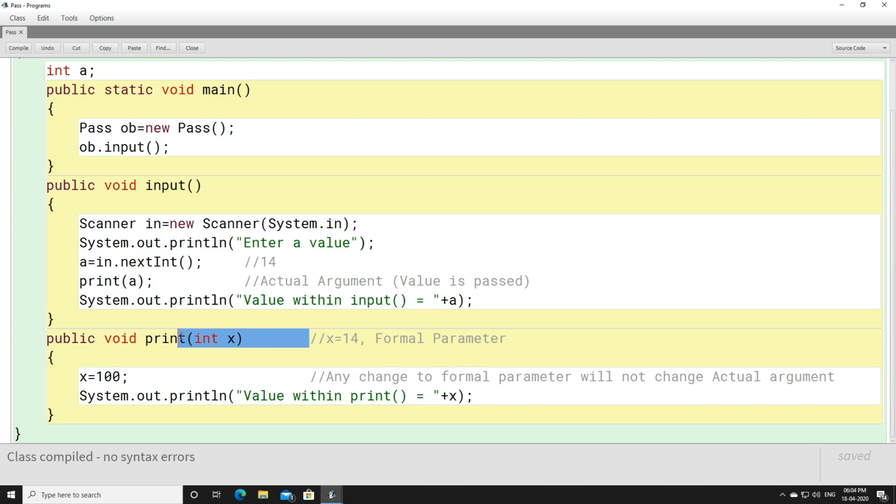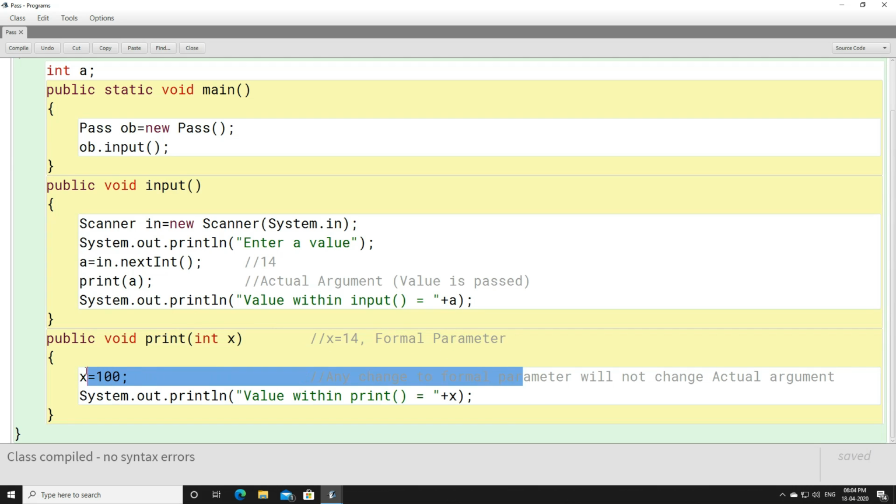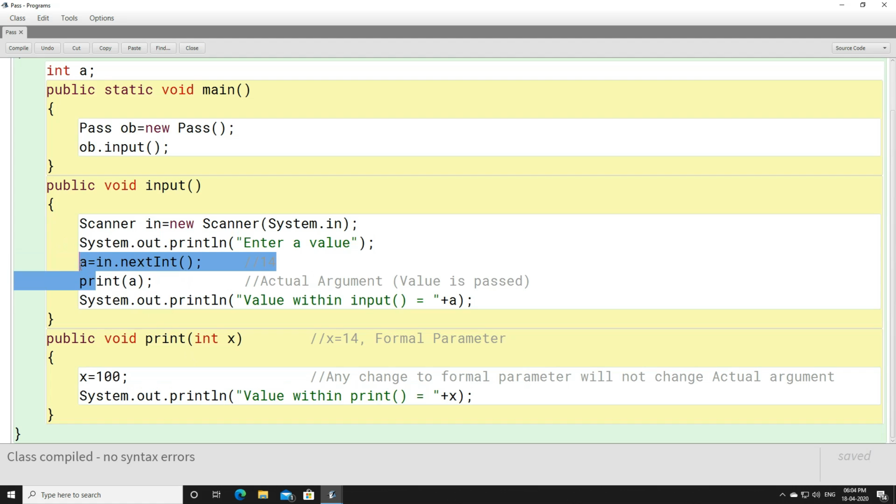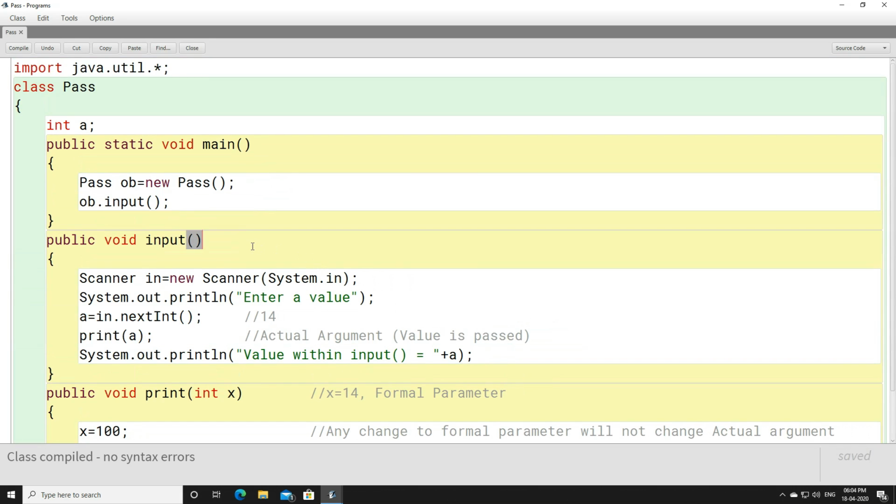So here we are not discussing whether a change made to the actual parameter will change the formal parameter. This is very obvious, that a value from the actual parameter is passed to the formal parameter. So whatever value is there in the actual parameter, the same value will get stored in the formal parameter. But whenever you make any change to the formal parameter, this will not put any impact on the actual argument. Here you can see that we have an actual argument, and no changes will be done. Now let's go to pass by reference and see how things are done.